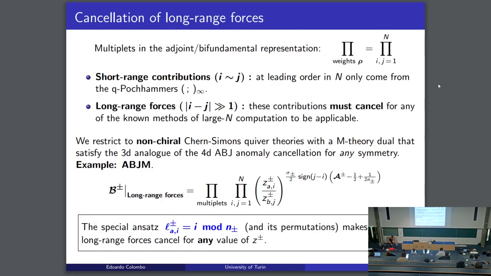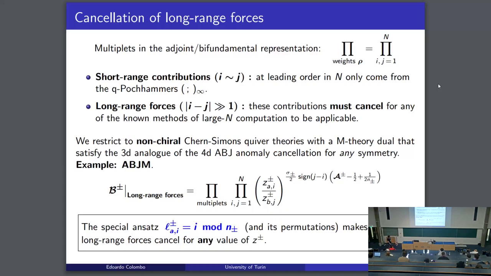Okay, now a technical detail, which is going to be important. For adjoint by fundamental matter, we have products over two indices i, j that go from 1 to N. And when you have these products, we have to split two contributions. The terms near the diagonal are called short-range contributions. At leading order, they only come from the cupocammers. But we also have these long-range forces, which are the terms that are far away from the diagonal. And these terms must vanish in order to be able to apply all the known methods for computations at large N